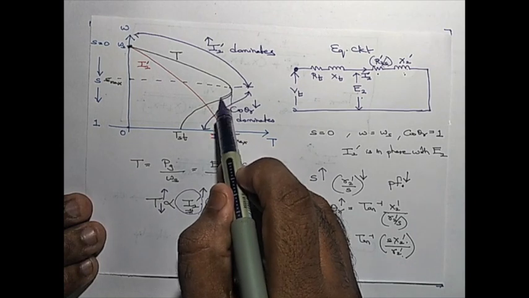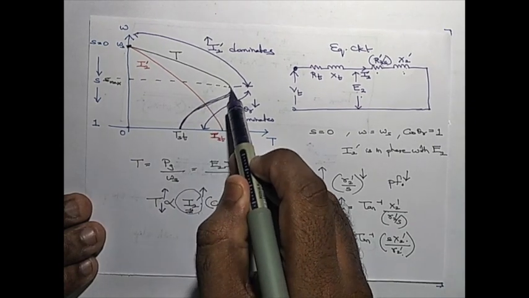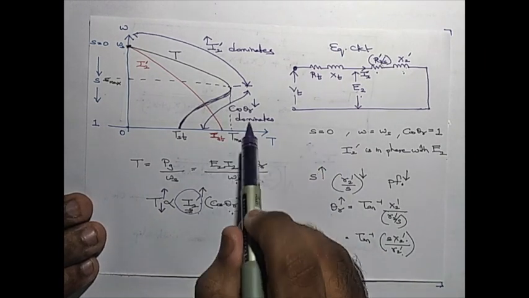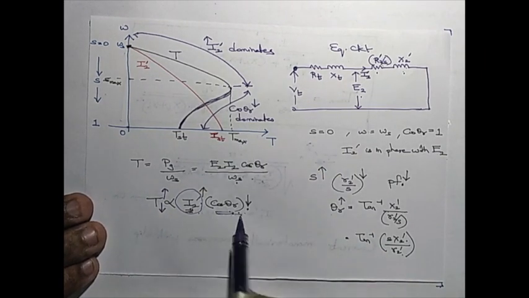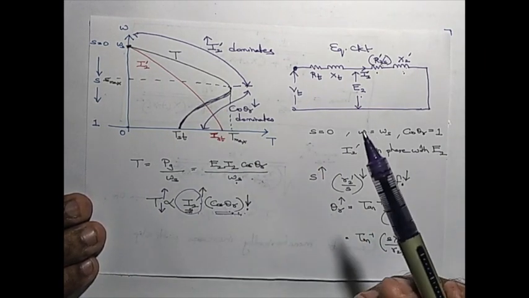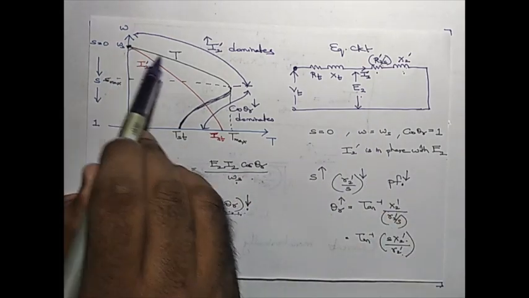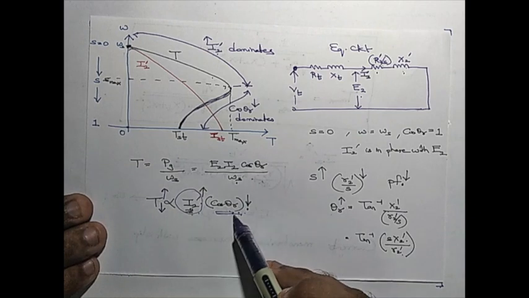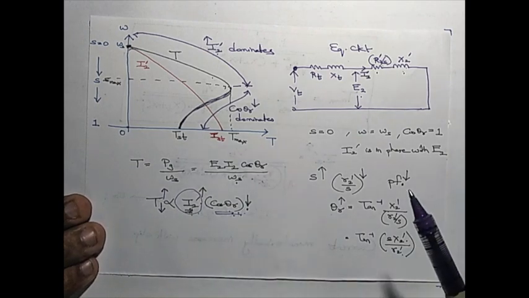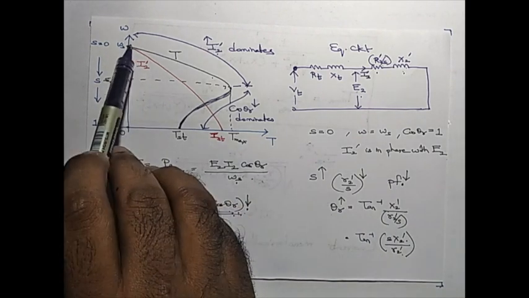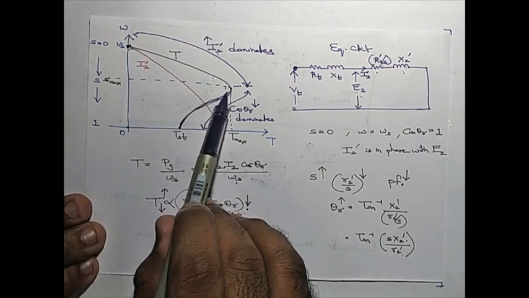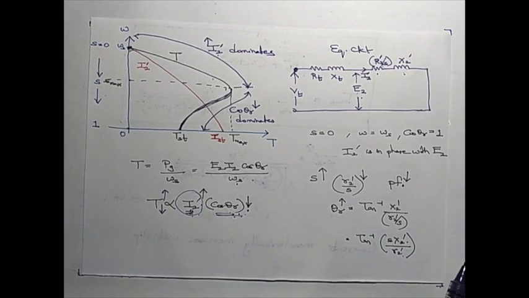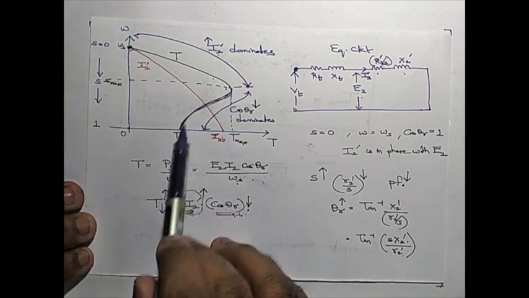That's what you are seeing here. During this section, which is the unstable portion of the induction machine, the decrement in power factor is more dominant than the increase in current. And here, in the stable portion, the increase in current is more dominating than the decrease in power factor. And that's why we have a Tmax and then a decreasing curve. This explains why the torque speed curve is something like this.